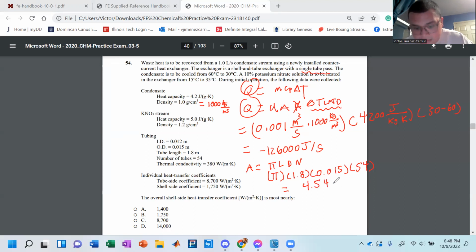4.54 meters cubed. A meter squared area. Now, we also need to talk about, we found A, we found Q, we need the log mean temperature difference. Log mean temperature difference will vary if it is a co-current or counter-current. Luckily for us, the question clearly states that it is,